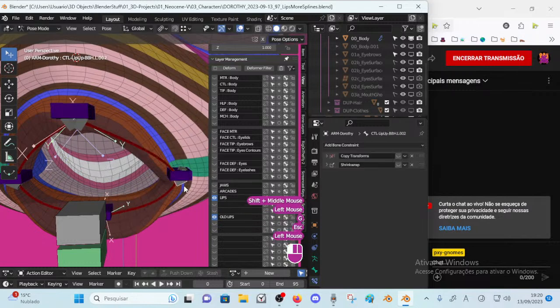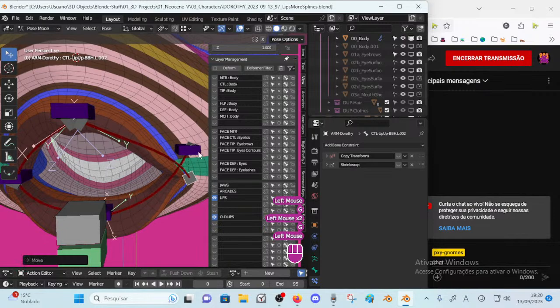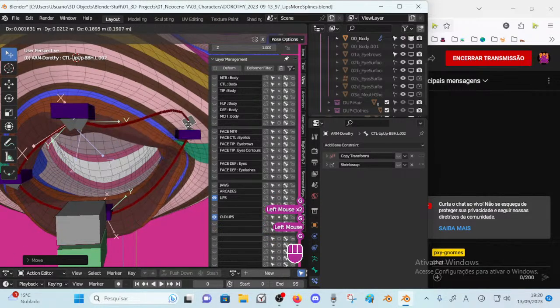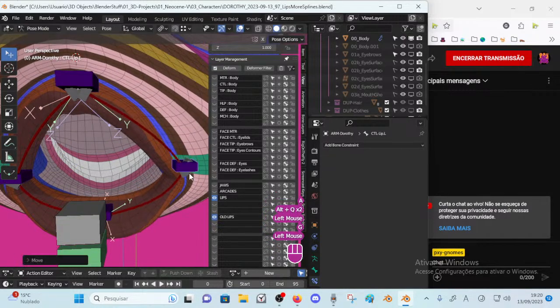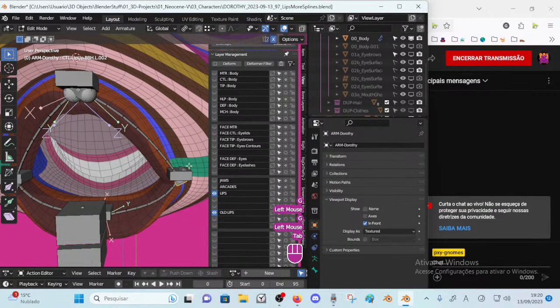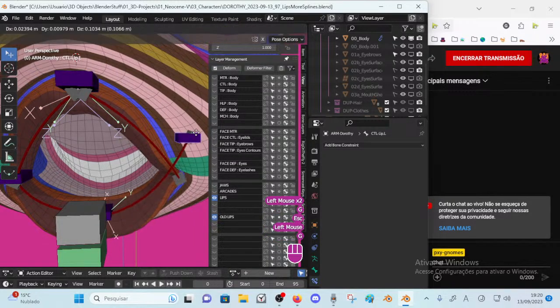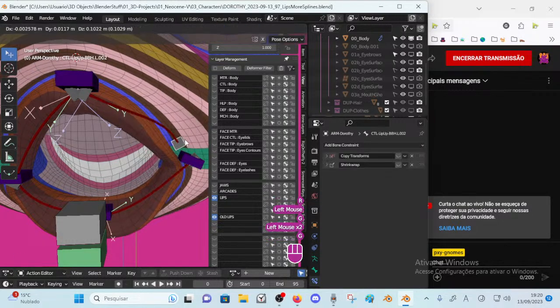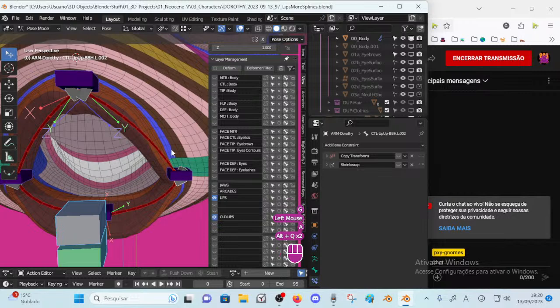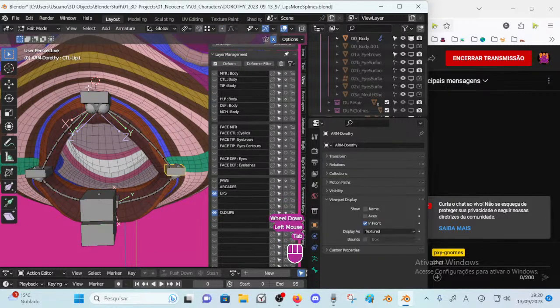Disconnected splines here, although there is a parenting relation, which actually can be not really adequate, right? Yeah, this can get us into complications, so let's clear parent here. Sometimes we just want to pose, we don't want to move them all together, but we can make a bone here. Yes, something like